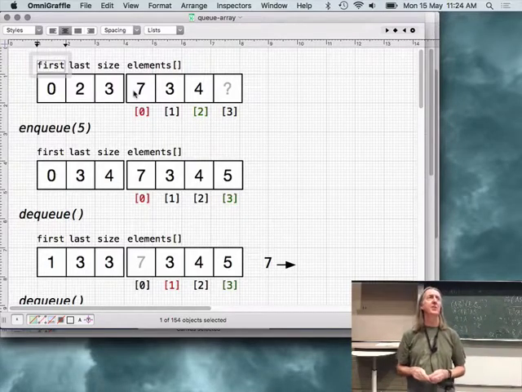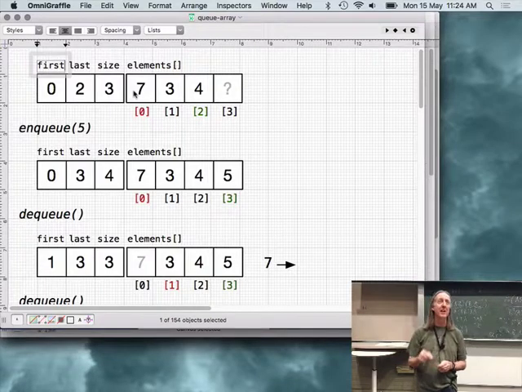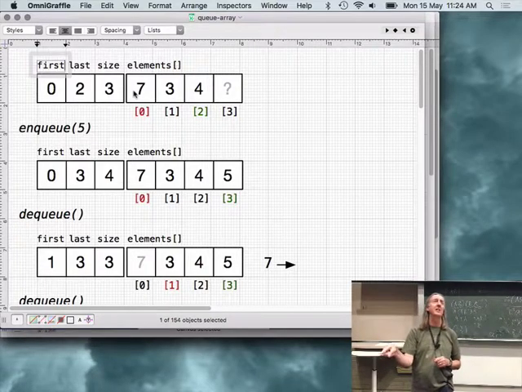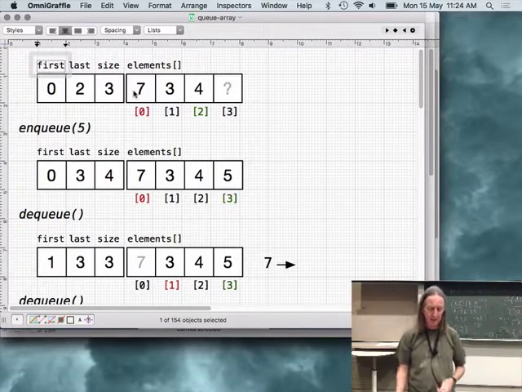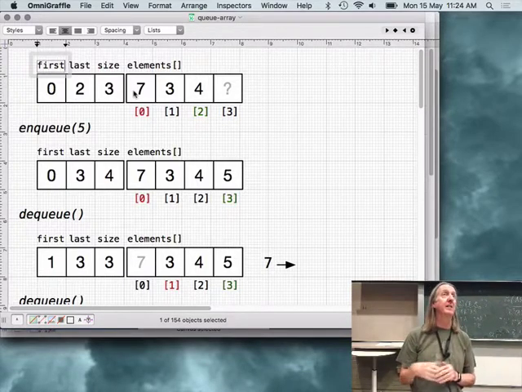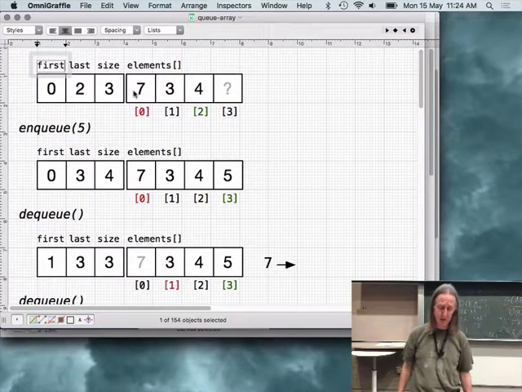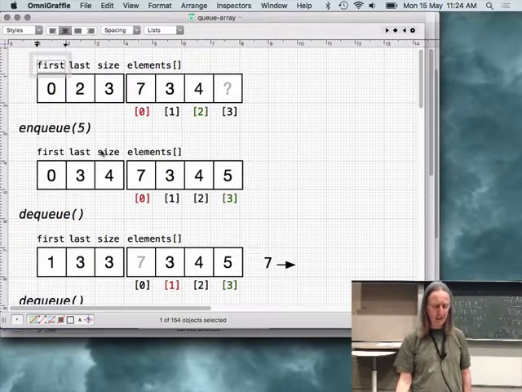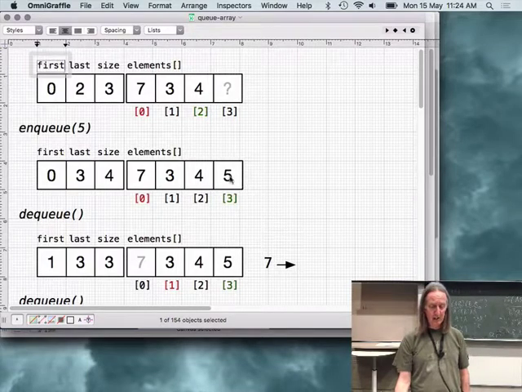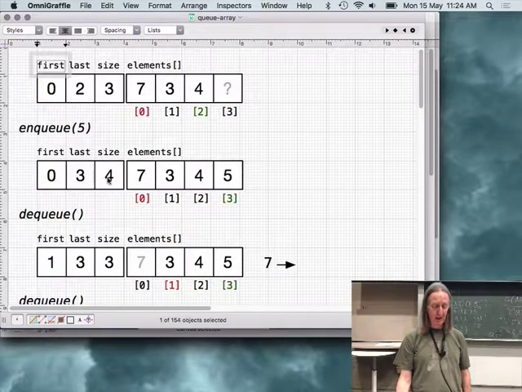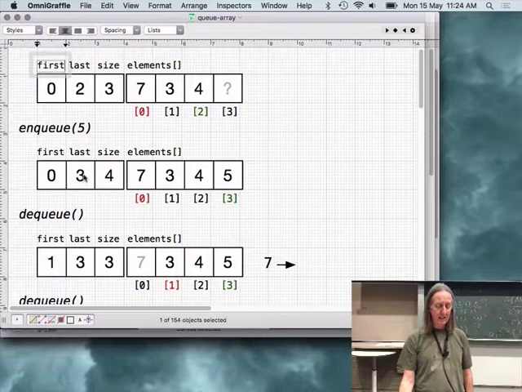So remember, this is an array that's indexed in a circular manner. The index goes through, and when you hit the end, you go back to the start. So you're not necessarily going to have the first item come before the last item in the queue. It might actually be reversed. Anyway, if we add another item onto the queue, it always goes at the end. So 5 goes into that location there. That becomes the new last element in the queue. The first didn't change, but the size of the queue did. So we incremented last, we incremented size. That's the new state of the queue.